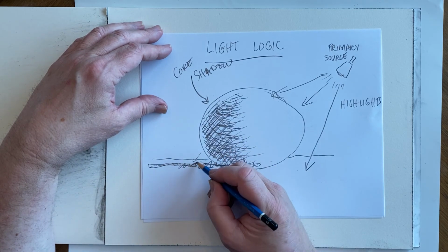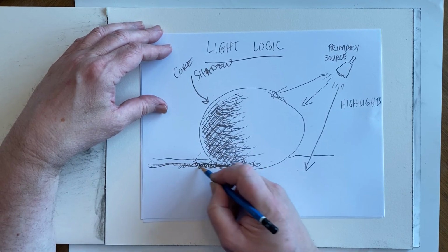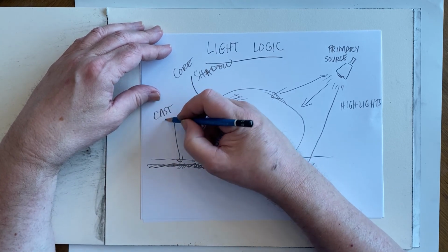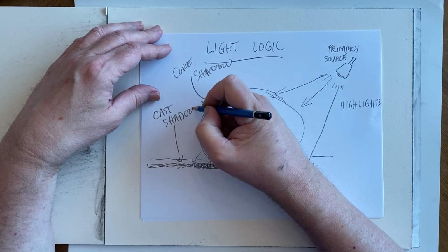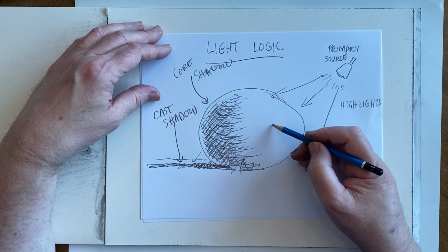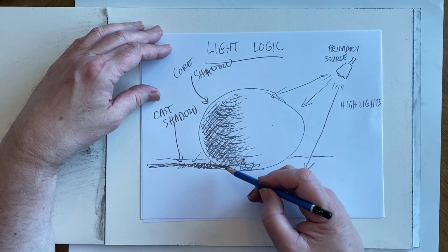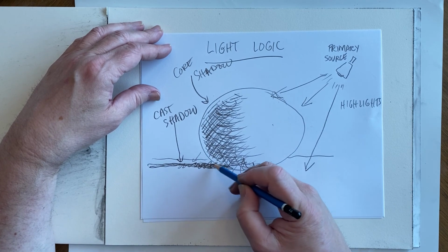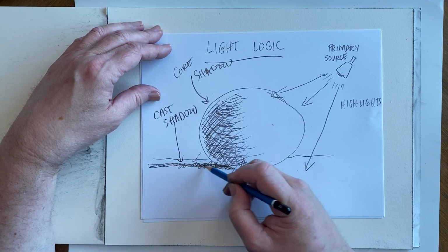And then we have, importantly, the cast shadow. In other words, the object has blocked the light from another surface, in our imaginary case here, a tabletop, and it creates this